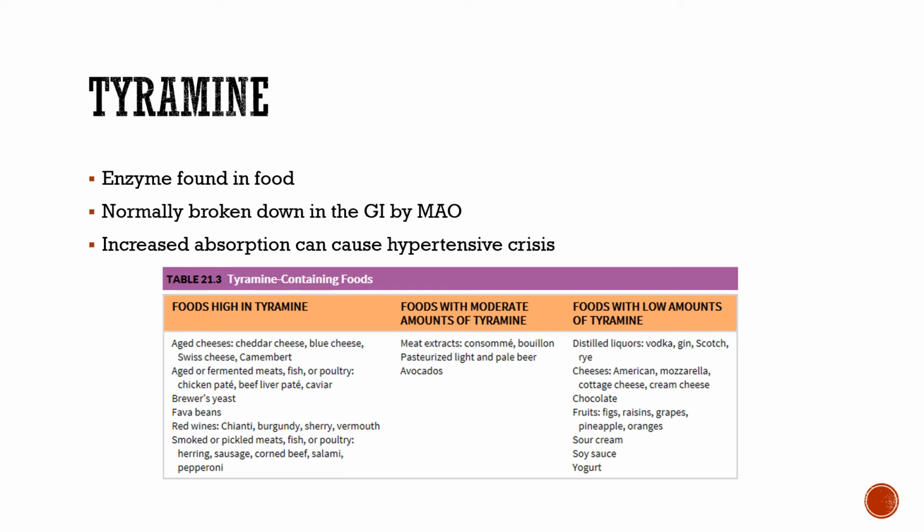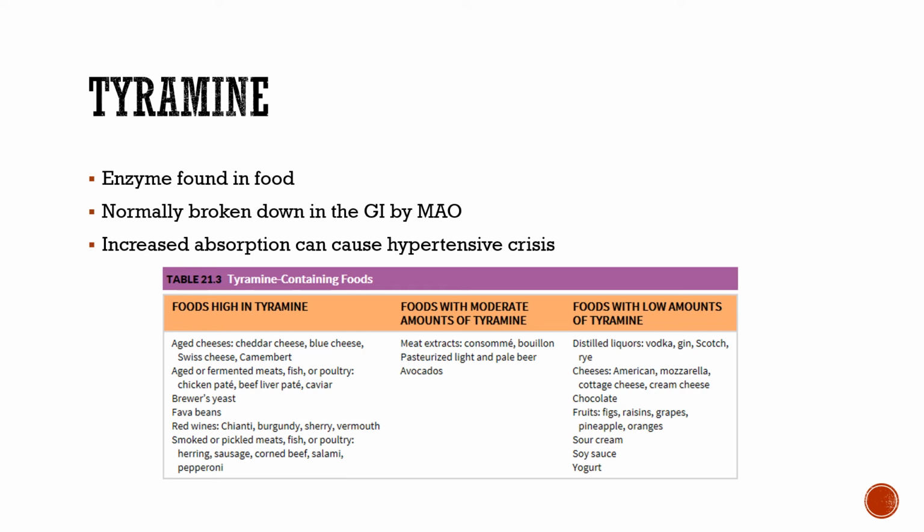When we block MAO, we block it in both places. If we block it from breaking down tyramine, when that accumulates in the body, that can cause a hypertensive crisis. Normally it's fine. You can eat these foods and your MAO breaks it down and everyone's happy because the food's tasty and you're not dying of a hypertensive crisis, right? Which is important, usually. If we're taking an MAOI, though, we're no longer breaking that tyramine down. That can cause an accumulation of tyramine and lead to that hypertensive crisis.